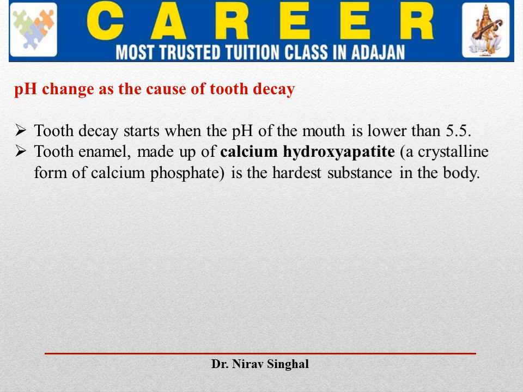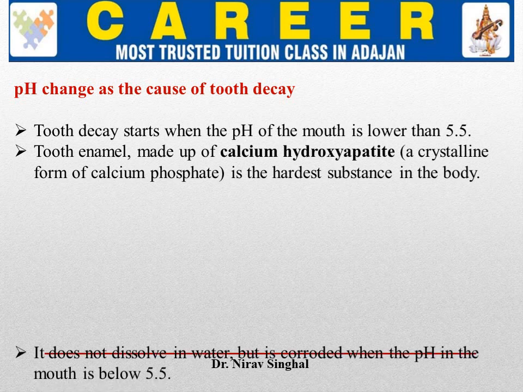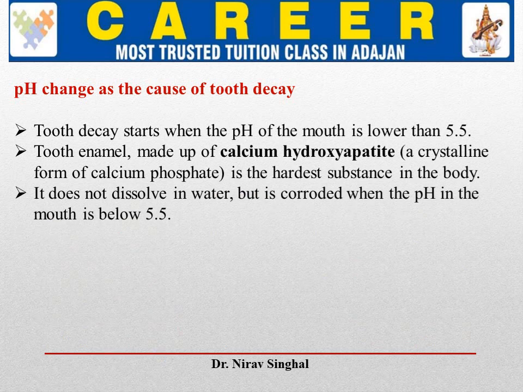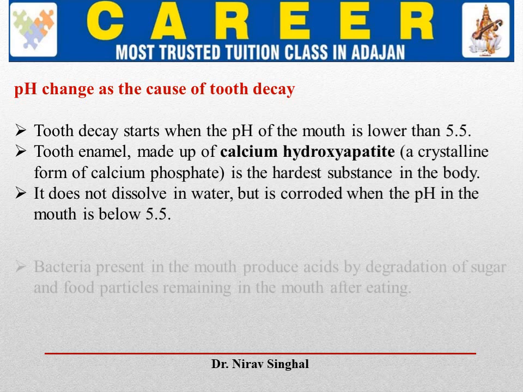But whenever we eat food, some of the foodstuff can get stuck in the tooth cavities. In the presence of microorganisms, it starts to spoil and release acid. Due to that, acidic secretion is present around the tooth cavity, and that acidic secretion is mainly responsible. If the pH is below 5.5, then our tooth enamel starts to corrode.